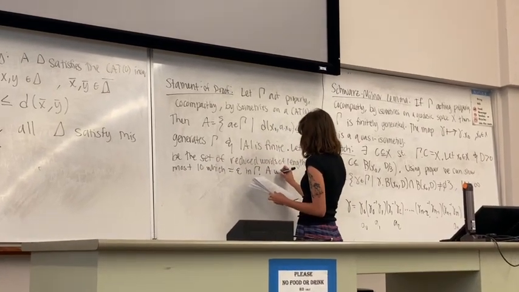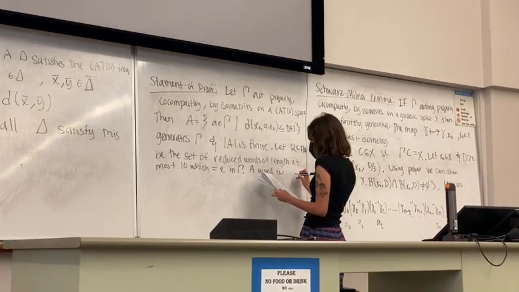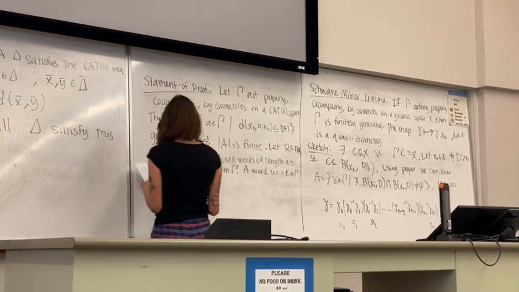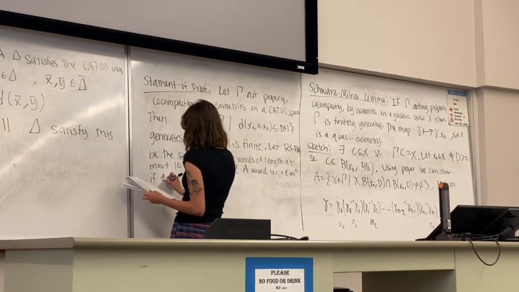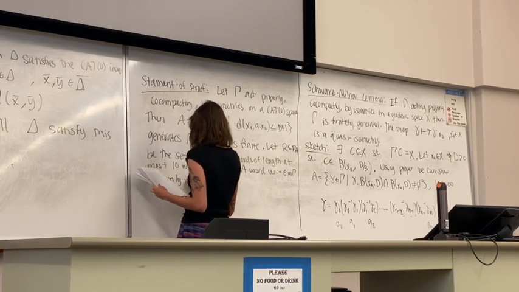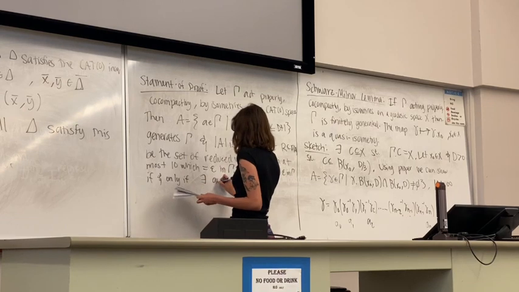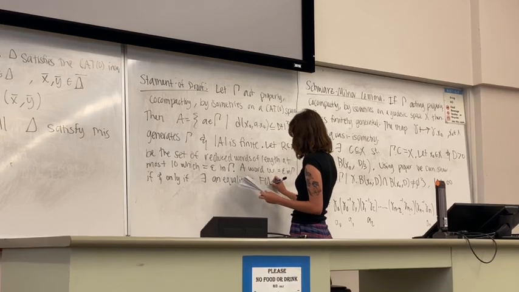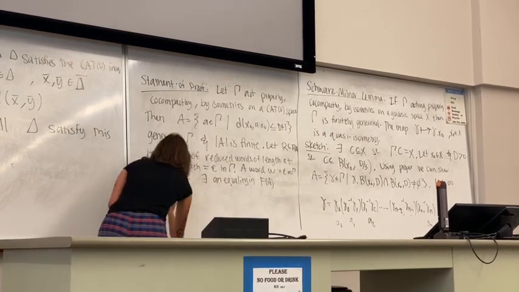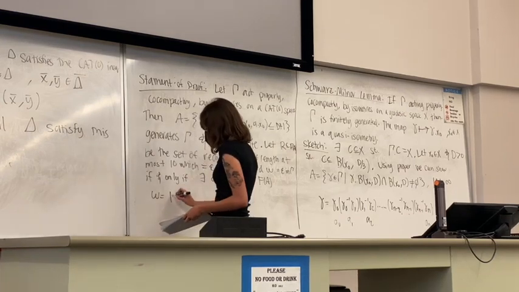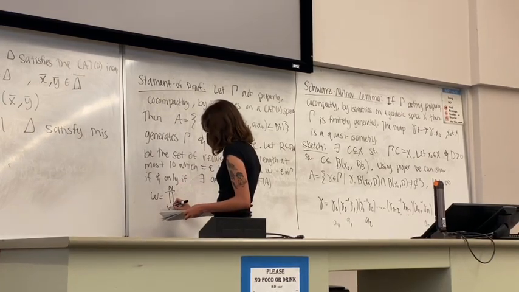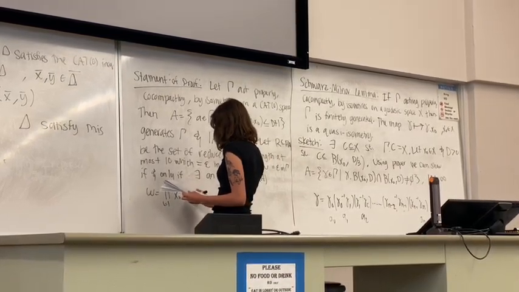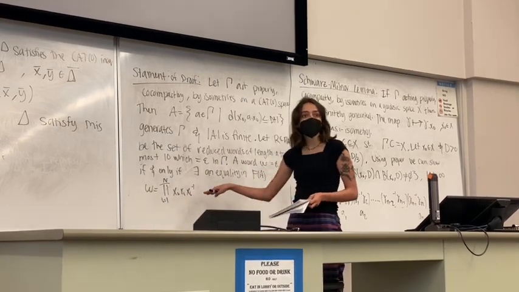Then we can say that a word W equals the identity in gamma if and only if there exists an equality in the free group on A, where we can write W as equal to a finite product, from i equals 1 to n, of x_i r_i x_i inverse, so a finite product of conjugates of relators,